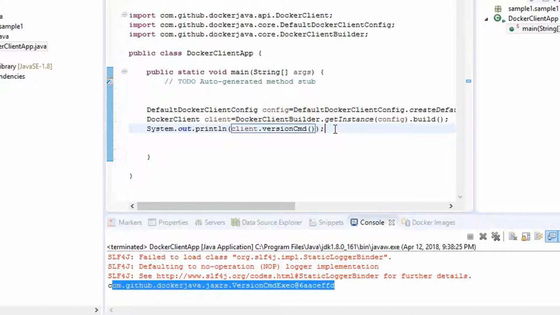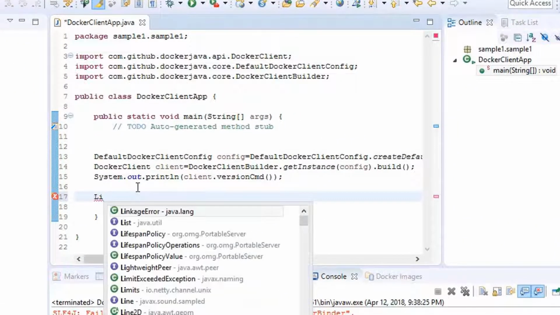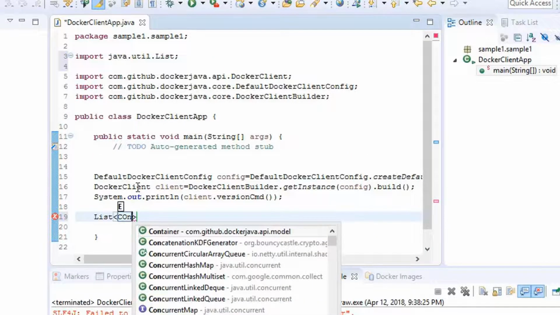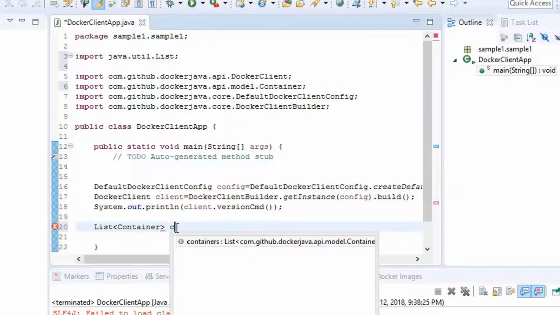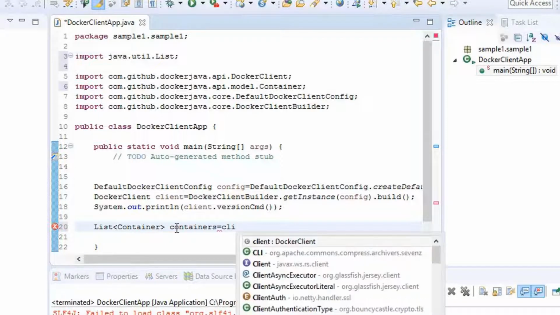After we have confirmed the API version, we will explore the containers that are created in this particular Docker installation. For this, we can use the client API or client object, which we have already created. So now we will declare a list. For example, we will take a list from Java util, and we will be very specific that we are using the container because we want containers to be populated in this. Then we will add a variable as containers, which is equal to client, because the client contains the method to